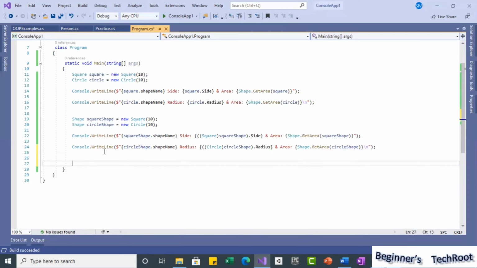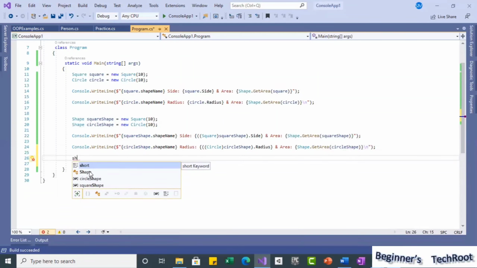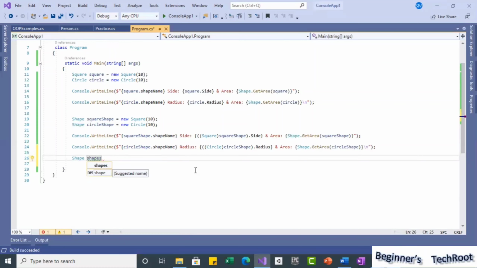See, the advantage with this: instead of having this shape two times, you can even make it an array. We discussed arrays. So these objects also we can make as an array. I can name it shapes. So I created the object as shapes, and I will make it an array. How do we do it for other data types? We just put empty square brackets, right? Same way, even for objects also.